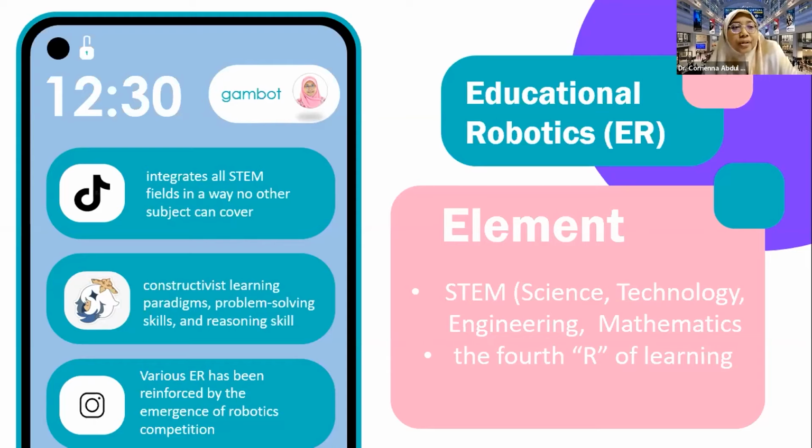So furthermore, the use of robots to support the teaching and learning from school to university level has become a crucial research topic in the last 5 years. The use of robots is not limited to engineering, but it's also widely used in science as well as in arts around the world as a method of active learning. Furthermore, robotics increases collaboration and working group skills, helps students according to constructivist learning paradigms, problem-solving skills, and also reasoning skills. So this increase in education robotics has been reinforced by the emergence of